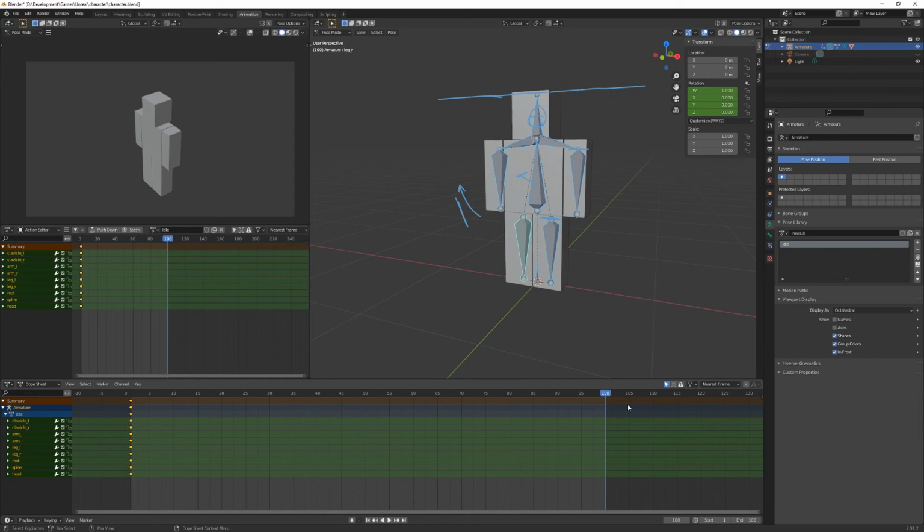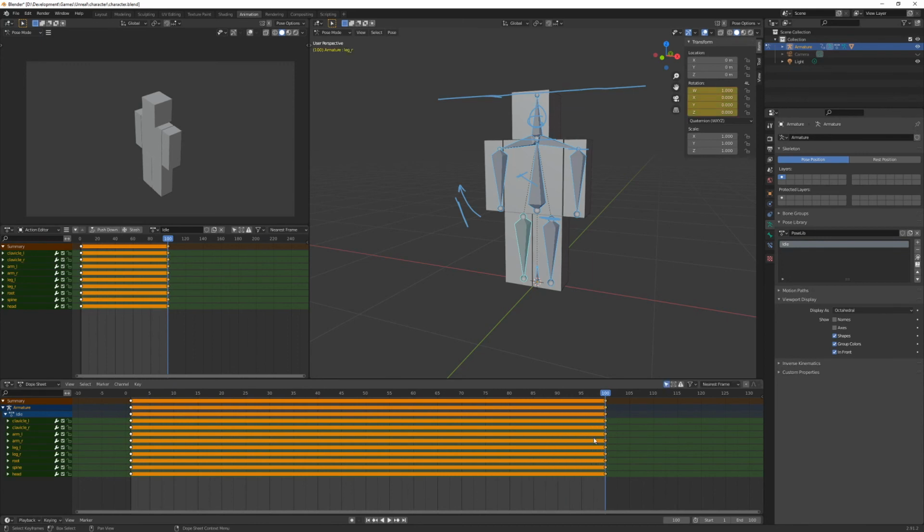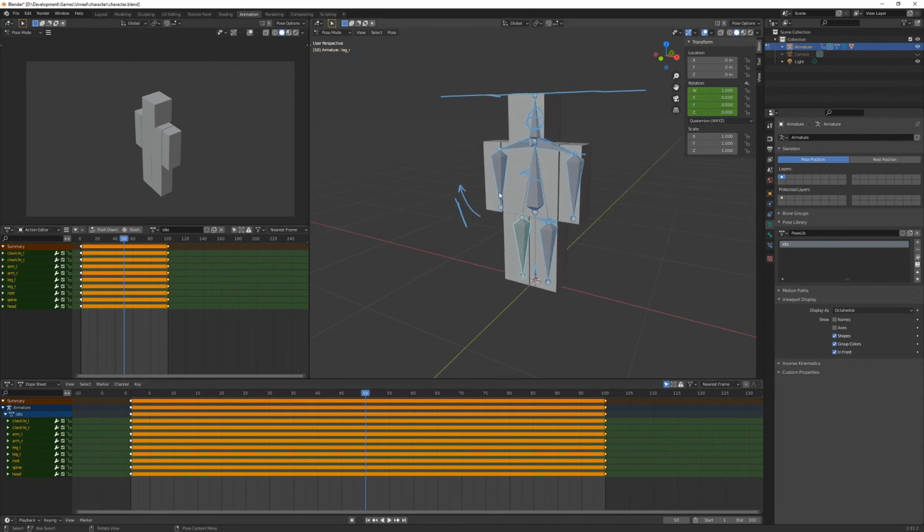All right, so then at the end of our cycle, we're again wanting to duplicate all of these keyframes. So I could select all of these bones again, hit I, etc., or I could select these keyframes down here, Shift D, just like we do in the viewport, and just drag those over. And you can see the orange lines represent the fact that these keyframes do not change between these frames, but I want them to. So let's go to about the middle, and we're just gonna have him swing his arm